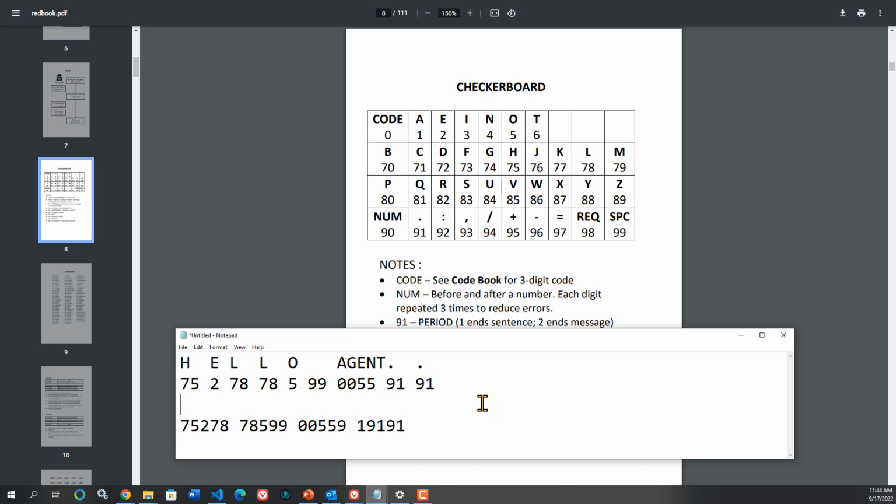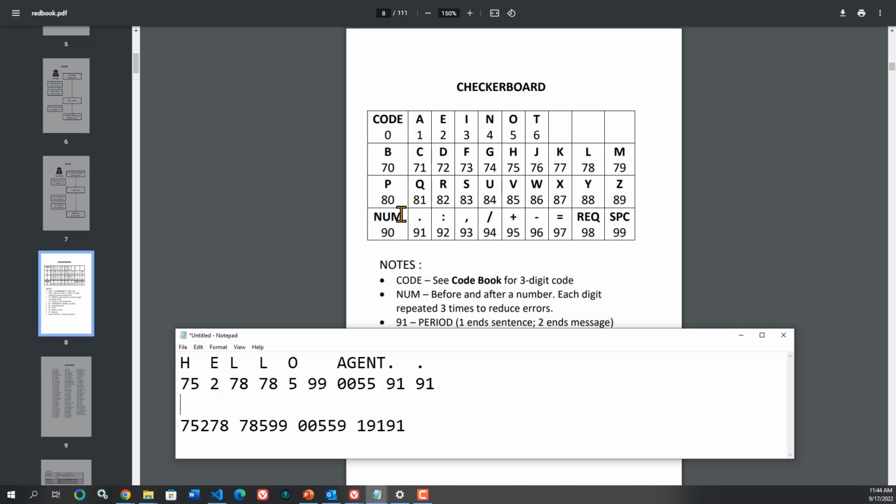So we have successfully used our checkerboard and code book to encode this message into plain code. The other thing that we want to do, we'll talk a little bit about these other characters in this code book. So for example, if we wanted to say something like hello agent period, 2 planes, and that's our message, then